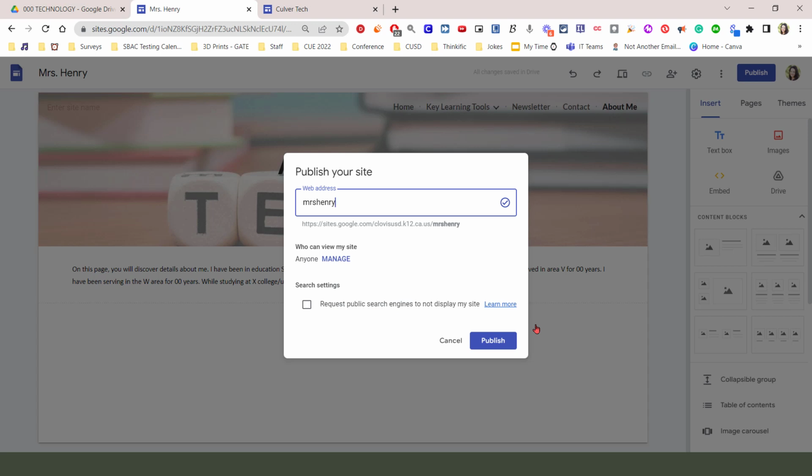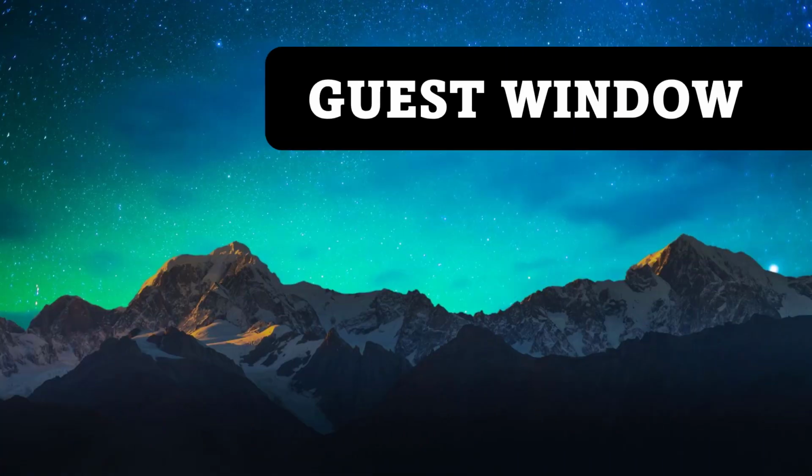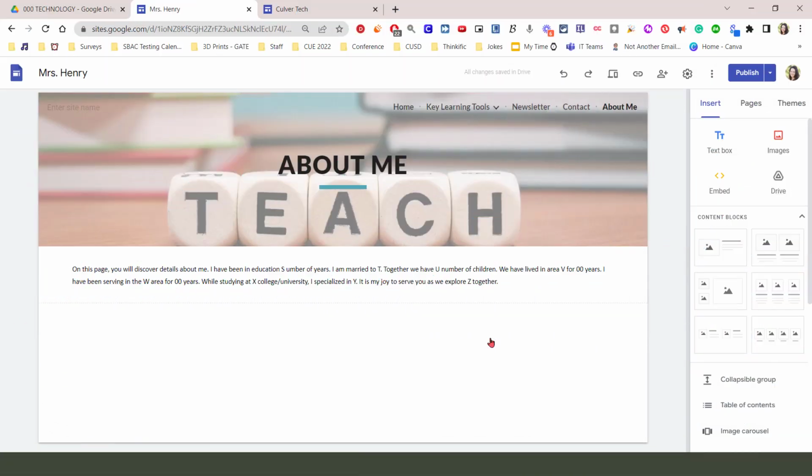I still have to click the Publish button right here in order for it to appear so that everybody else can see it. So I'm going to click Publish. And then right down here, it says your site has been published successfully. If you want to verify at this point to make sure that your website's actually going to work, go ahead